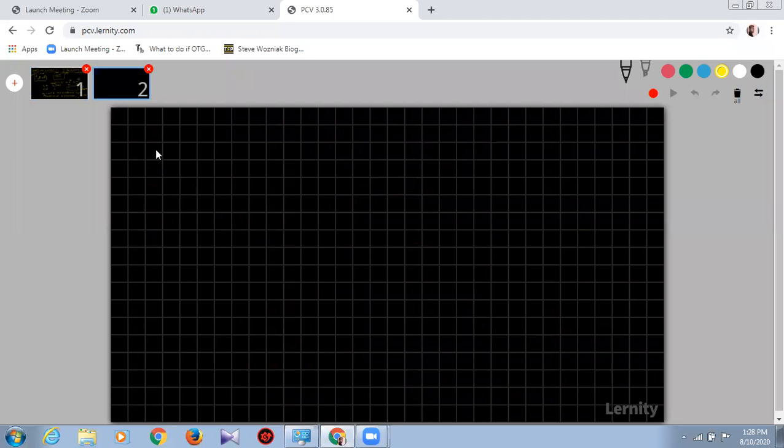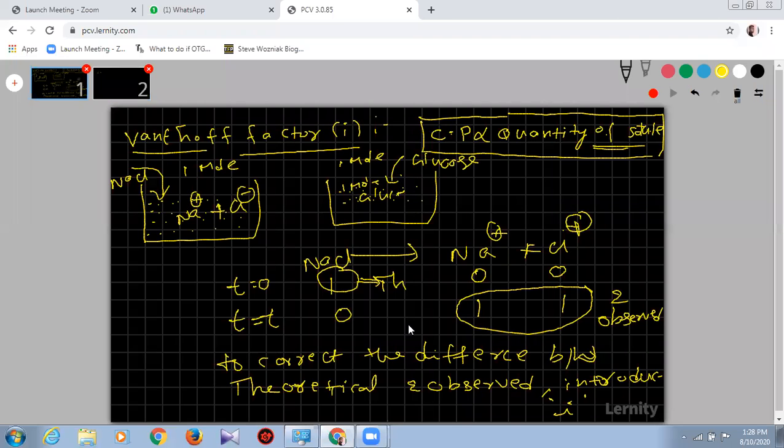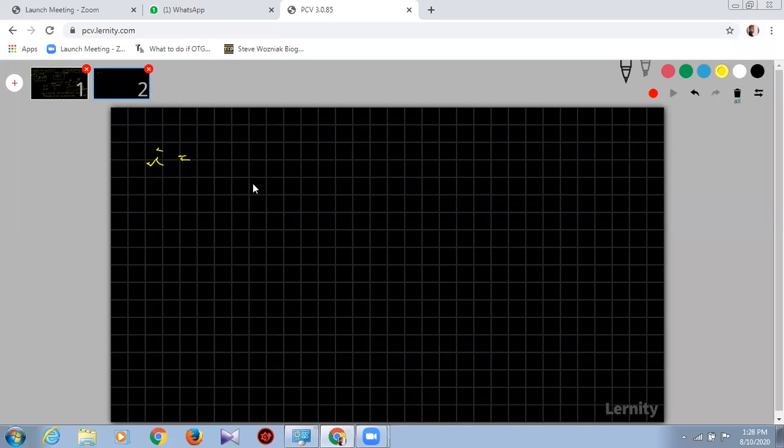So now what is i equal to? See here, the observed. I already told you the colligative property is directly proportional to the quantity of solute. Here the quantity is getting changed or not? Theoretically it is 1, and observed is 1 or 2. So the colligative property also will get changed. Theoretically we take a certain quantity of solute, but the practically observed quantity is different. That's why the quantity changes, then the colligative property also changes.